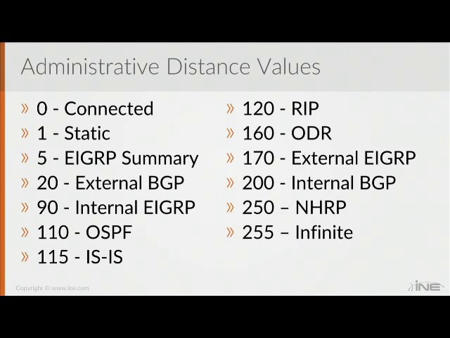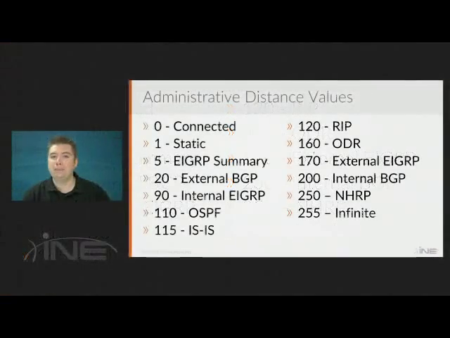So if I have an OSPF route and I have a static route, assuming that they are equal longest matches, then we're going to prefer the static over the OSPF. Now, in the case of static routing, as we saw, you can manually set this, which is called a floating static route. So you could configure a static route with a distance of 111, which means that the